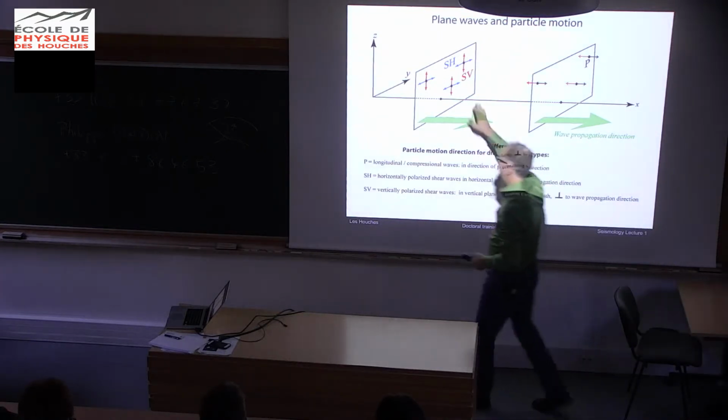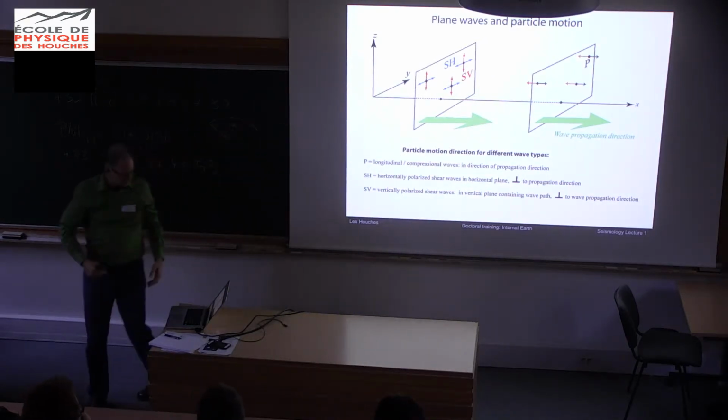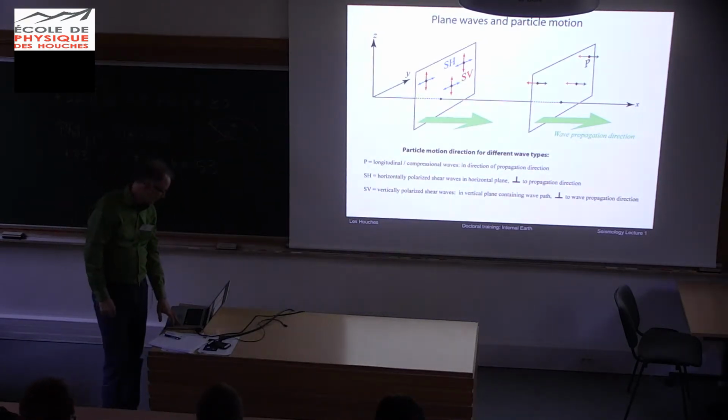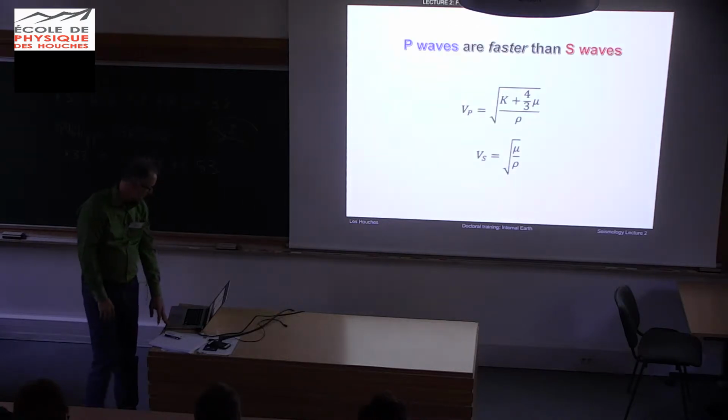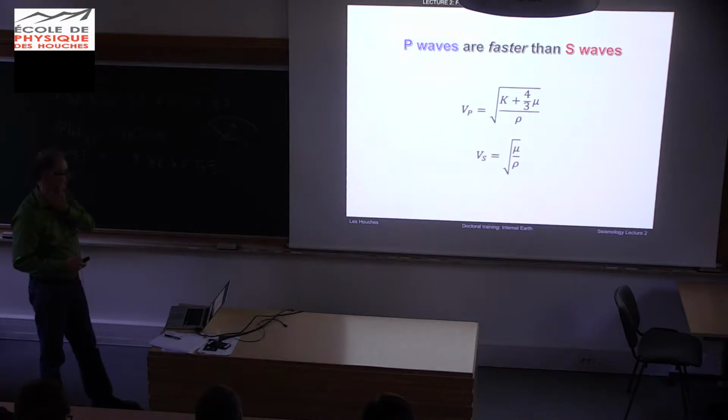So you often see this SV and SH in seismology discussions, and that's convenient in discussions of anisotropy and what's going on in the media. And the P waves, of course, this is very basic, but for isotropic media they are higher velocity than the S waves, because here you just have the shear modulus and density, and the shear modulus a little bit more than that, plus the bulk modulus.